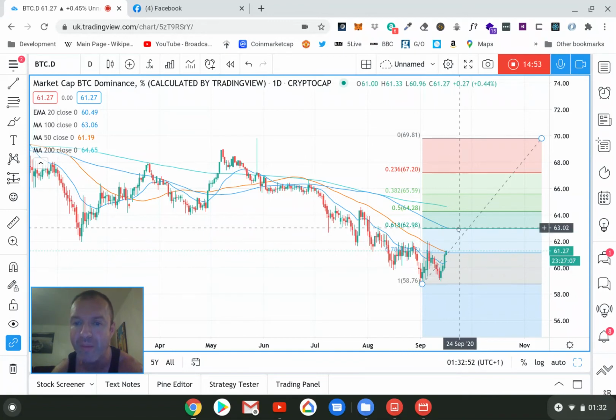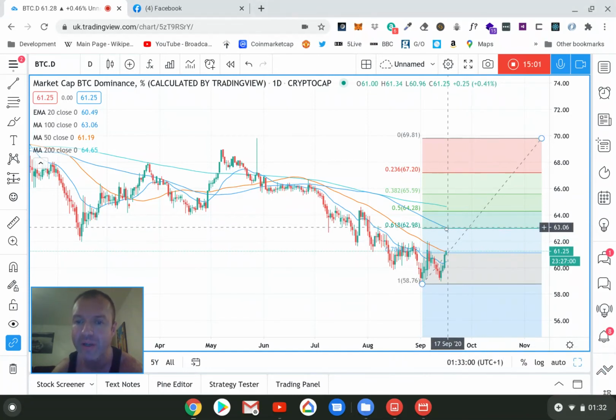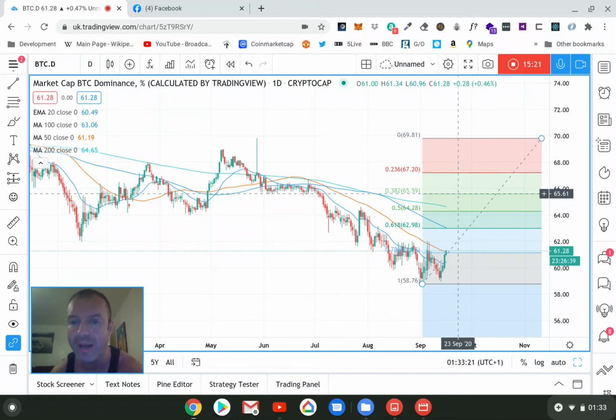If Bitcoin's had a good run up, the altcoins usually pump, and it's knowing when to go into your altcoins. And if Bitcoin gets through there, it could run all the way up and get to the 200 and find issues there. Or could it go to 65? If that is the case, I think we're looking at a price of Bitcoin at 14K, the way the market's looking at the moment. And that has been resistance going back to 2017, December 2017. So yeah, if Bitcoin gets to there, we're looking at a price of 14K Bitcoin.